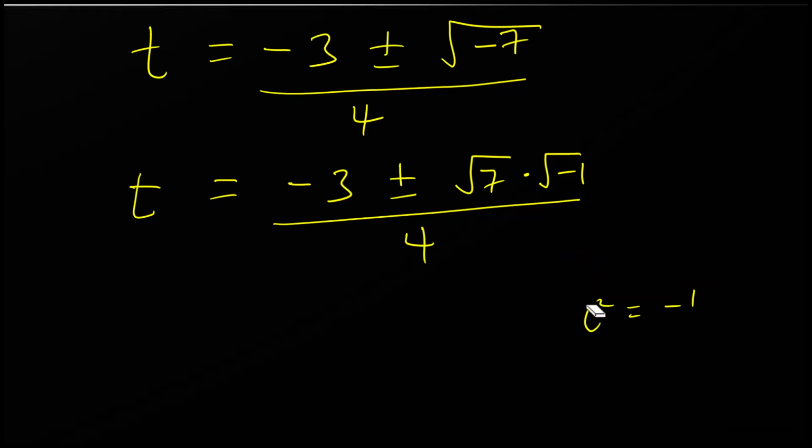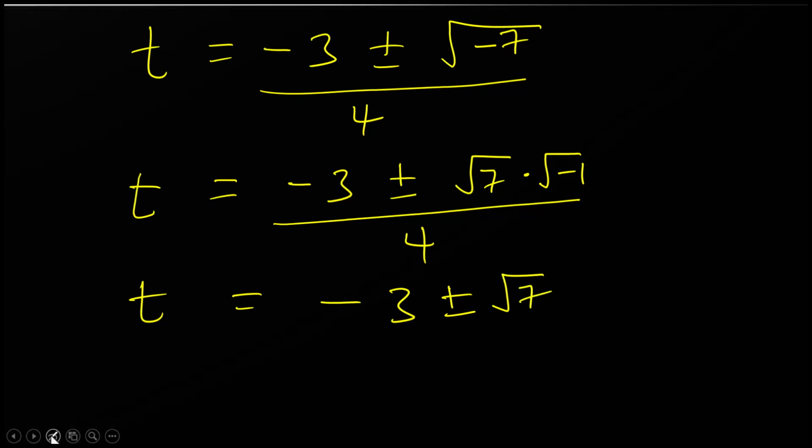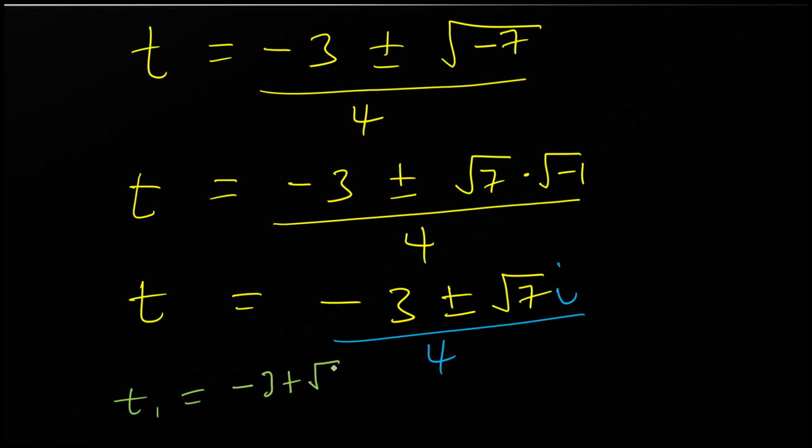So we can do substitution here. So we have t equals minus 3 plus or minus, so this one is i, root 7 i, on 4. So the first answer for t is minus 3 plus root 7 i on 4, or